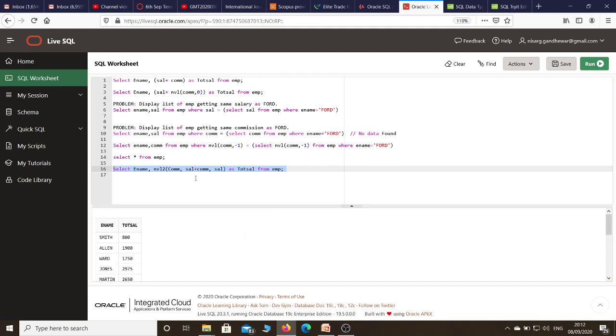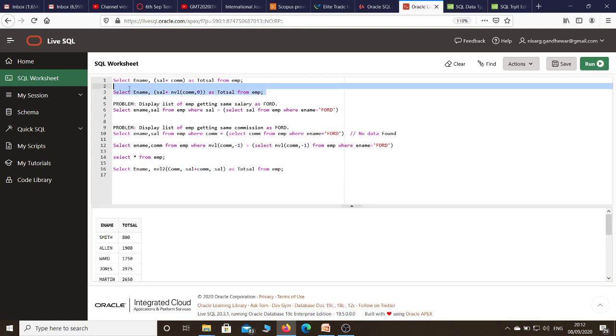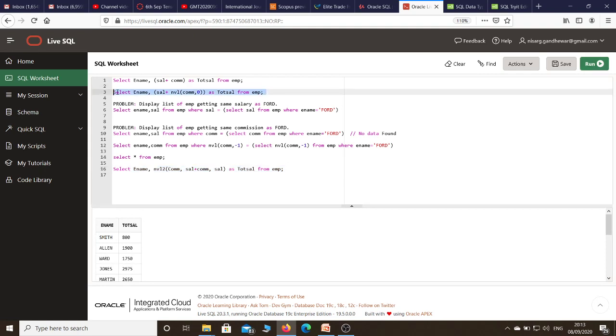Here total salary is being displayed. So what is the difference between NVL and NVL2? It is only syntactically different. The NVL function takes two arguments, whereas the NVL2 function takes three arguments. Here you can see three arguments taken by the NVL2 function: V, R1 and R2. We get R1 when it is not null, that means commission is going to be added to salary. For example, for Alan this one is there. Suppose it is null, as for Smith where commission is null, in that case it returns the salary. So this is the slight difference between NVL and NVL2.